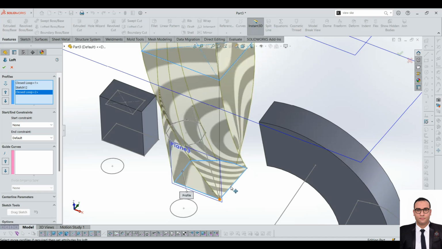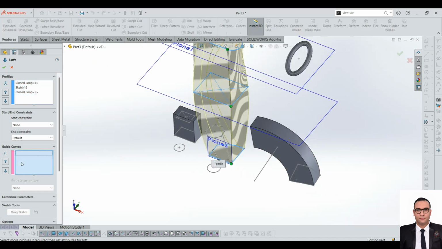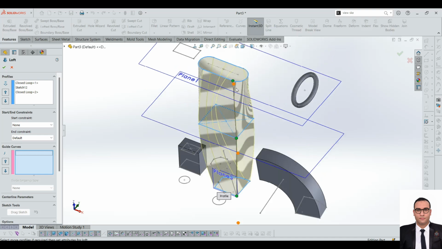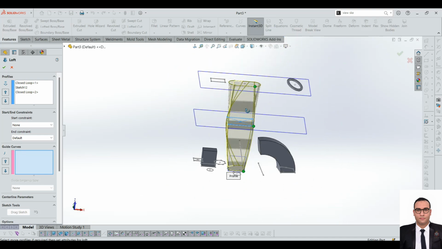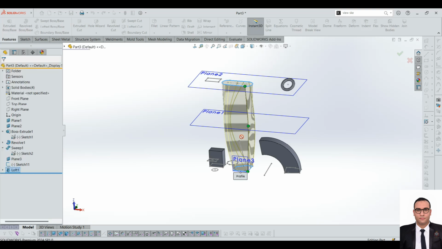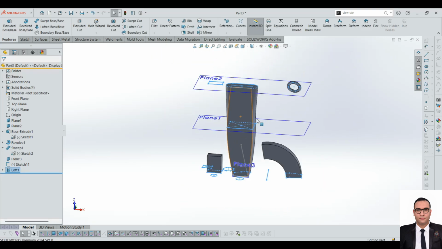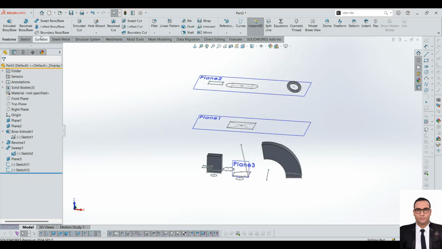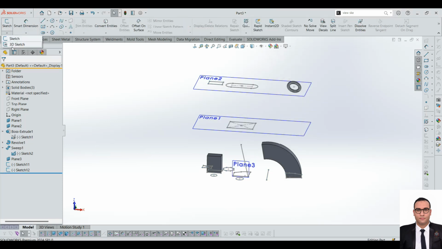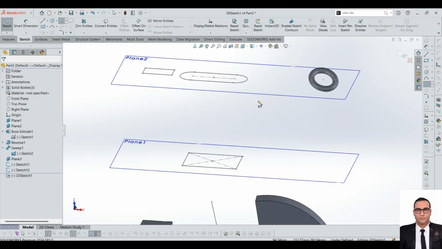This point, it is a virtual guide curve. See here, we can remove this curve here. It's done by the SolidWorks algorithm, and we can do it manually. If we go here, see here, let's remove this feature, and I'm going to give you a fast example. If we go to 3D sketches here, and select splines and select points that we desire, any point we desire, go to this one, then let's go like this, then